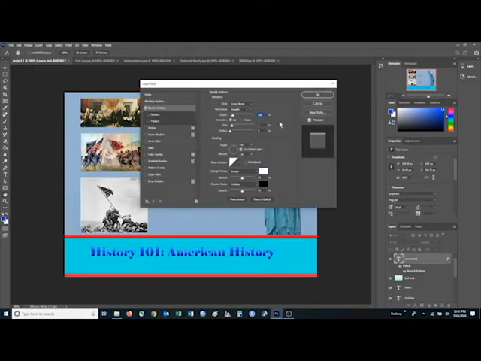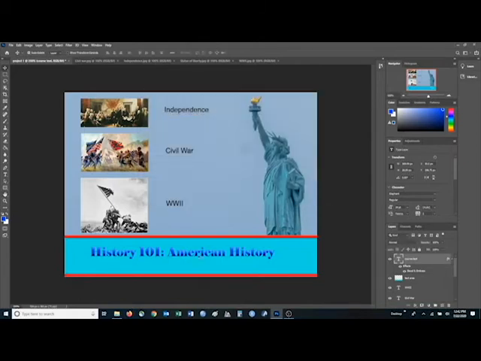You notice that the bevel and emboss creates some three-dimensional effect. We just accept it as it is. We're not going to change anything and click OK. You notice that your text has some three-dimensional effect because it's showing different lighting on the text, which makes it better. And next, I'm going to add some shadow to it after this lighting effect,